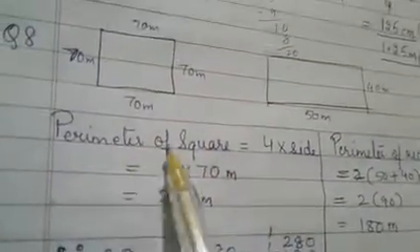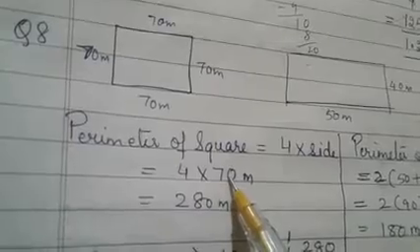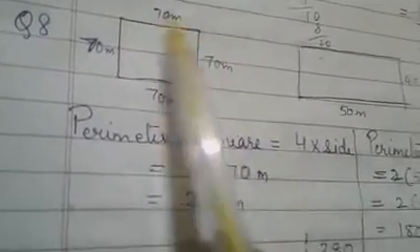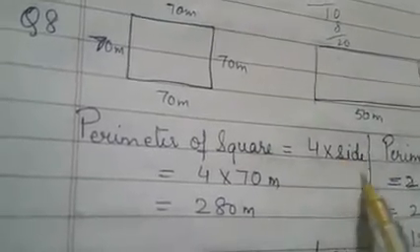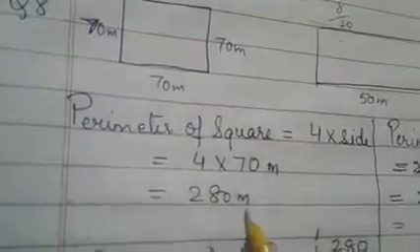So let's find the perimeter of the square. 4 multiplied by side, which is given as 70, okay? You know all the sides are equal in a square. I have written 4 times, so please don't write 70 four times. One time the side is given, so write 1 time only. So 4 70s are 280 meters, okay?